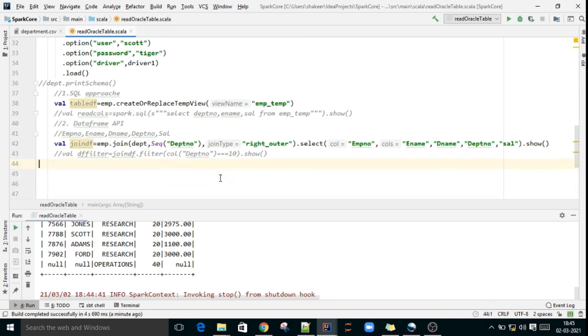And one more thing, this is all about joins. One important thing: if there is a common column on both sides, like department number, if you know the same column is available in both data sets, then you can mention the sequence department number. Suppose in the employee table it is department number, in the department table some other department ID. If column names are different in both data sets, then how to join? The sequence of department number will not work. At that time we have to mention it clearly.